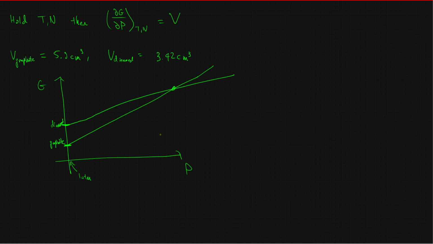Anybody have any thoughts about that? How does that change what we were just saying about the stability? Yeah, Saif, you're exactly right. So after they cross, obviously diamond is now at a lower Gibbs free energy, and so thus it's the more